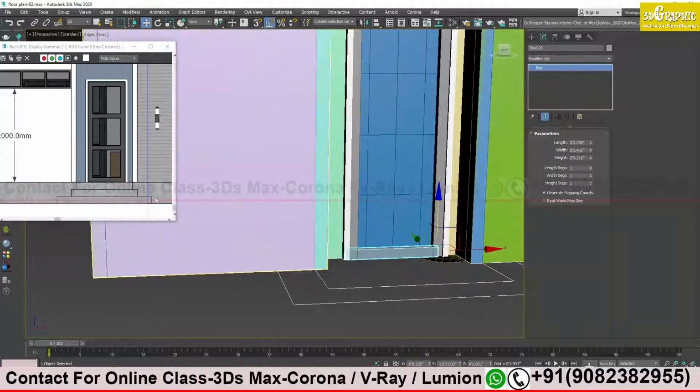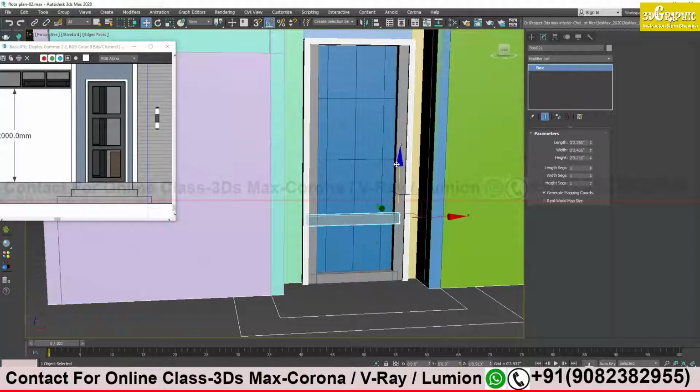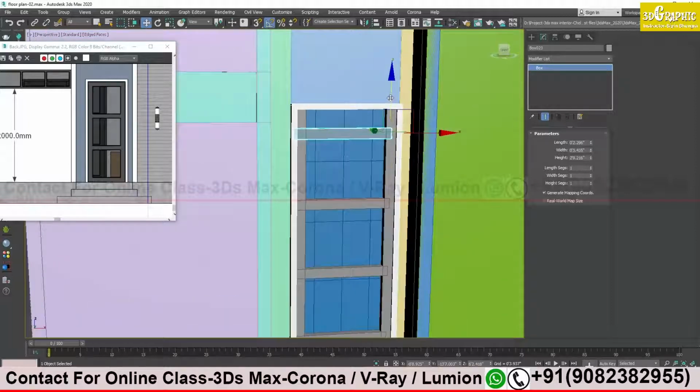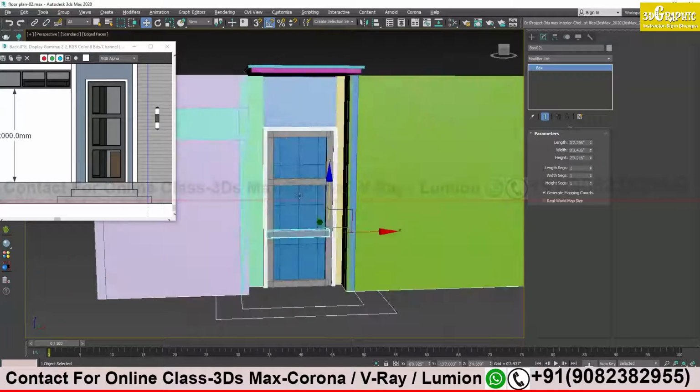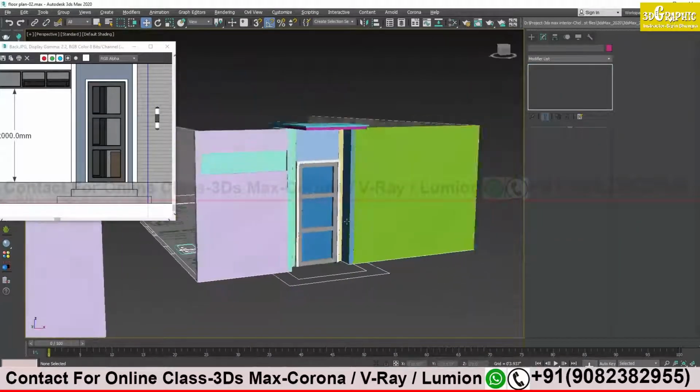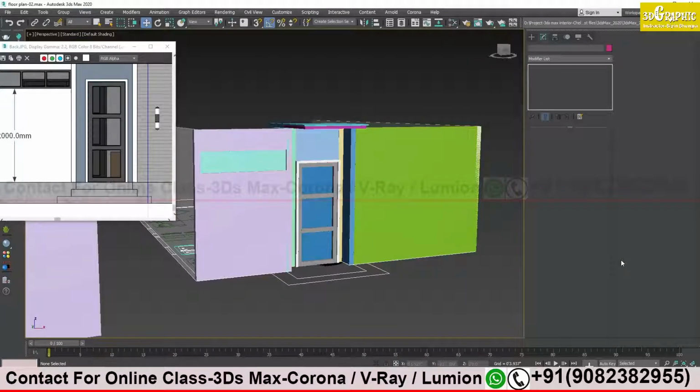This much is okay. 1, 2, 3, I need 3, maybe somewhere here, copy and adjust a bit. Okay, we are done.